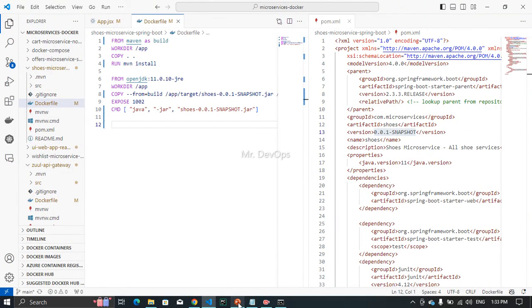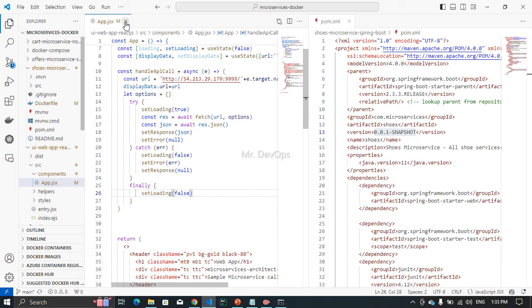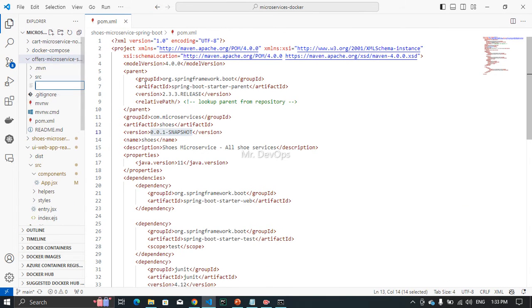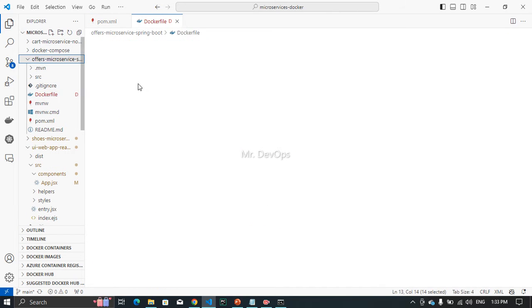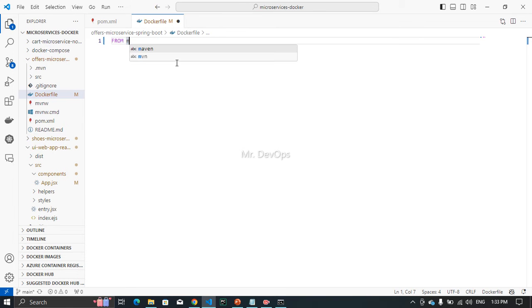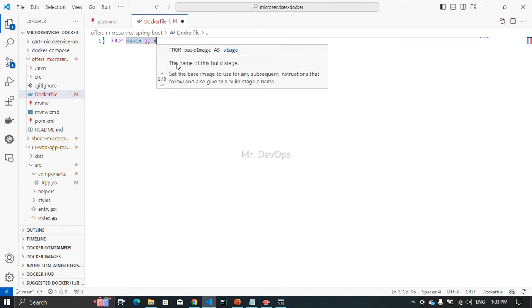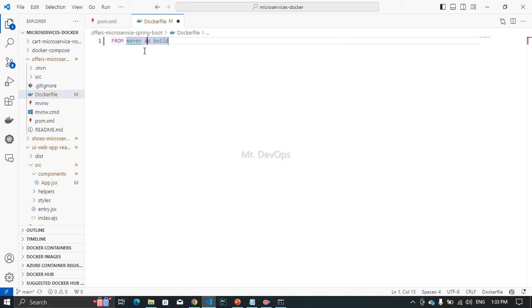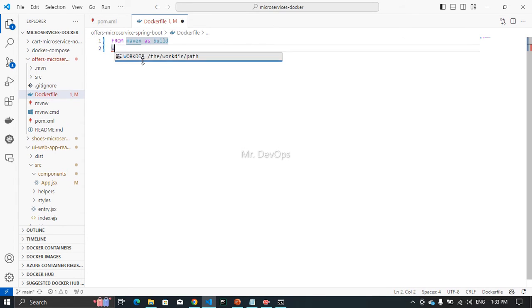Now we will do what? We will try to write the Dockerfile for offers as well. That is going to be similar. So let's go to the offer section again. Let's create a Dockerfile here. Again, this is a Spring Boot application, so we will use maven as build, and then the work directory is going to be /app, and then